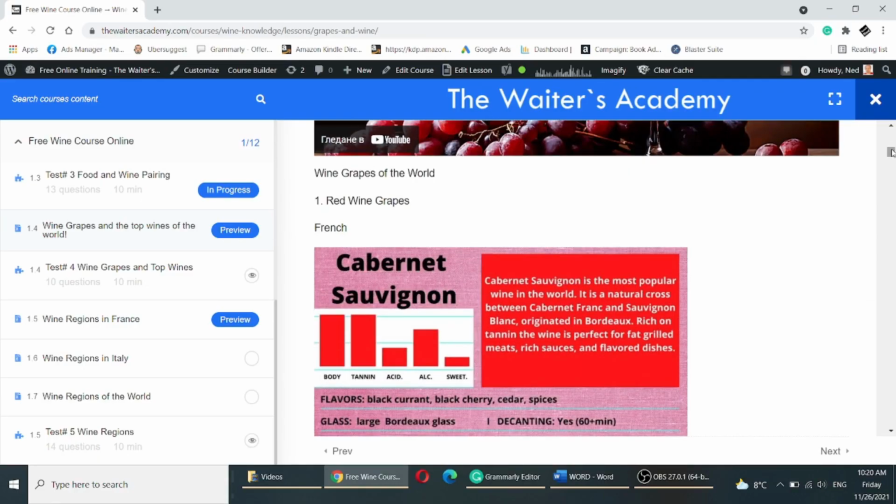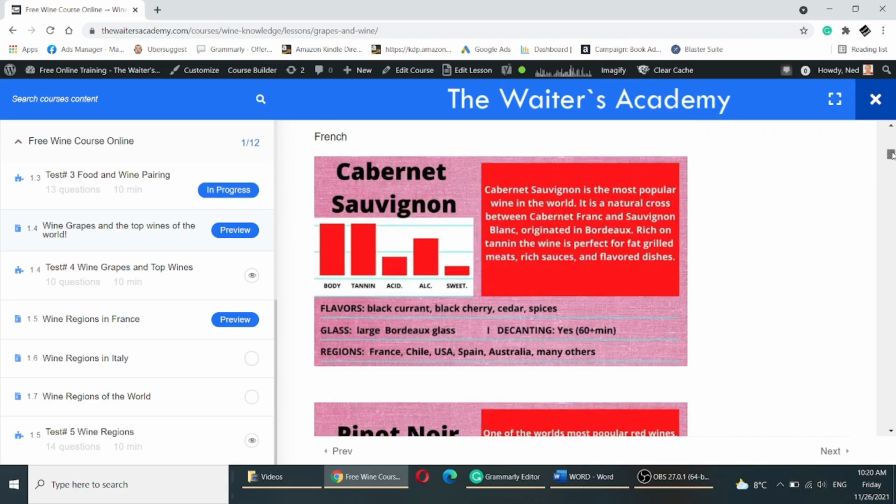And now my favorite part of the lesson, we're gonna go with the real grapes and we're gonna talk about them. Now, you have 49 grapes in this lesson. Of course, I have put the most important grapes on the top, for the white and the red. And when I ask questions in the test inside the lesson, that's going to be mostly the most important grapes